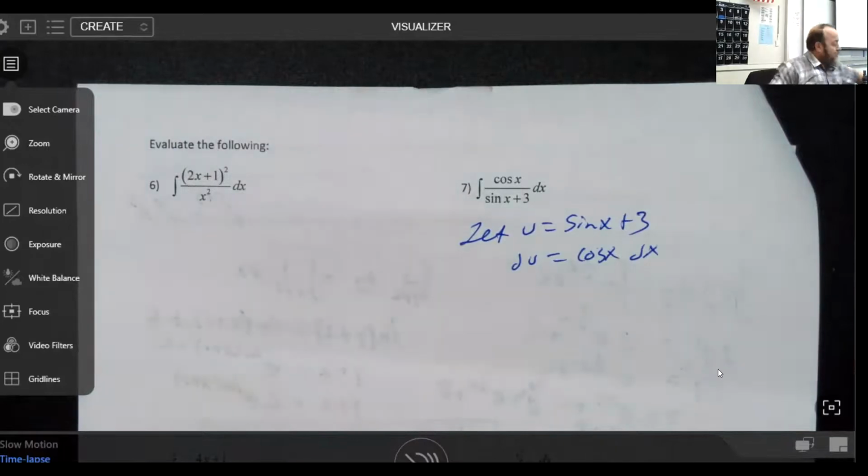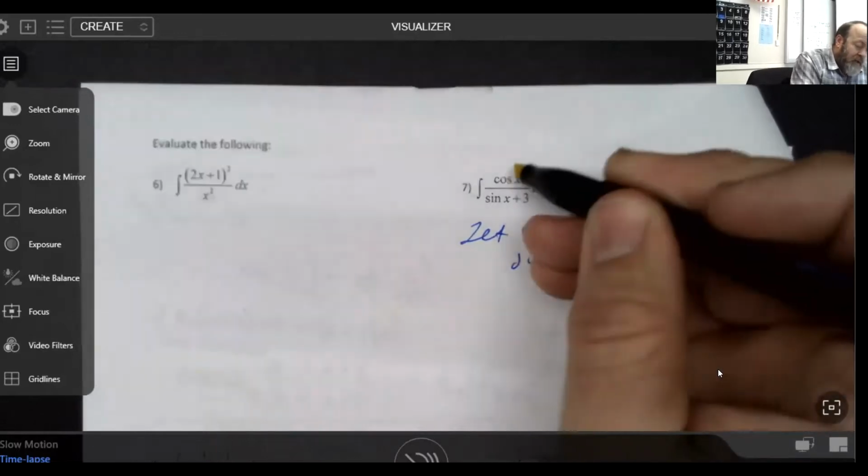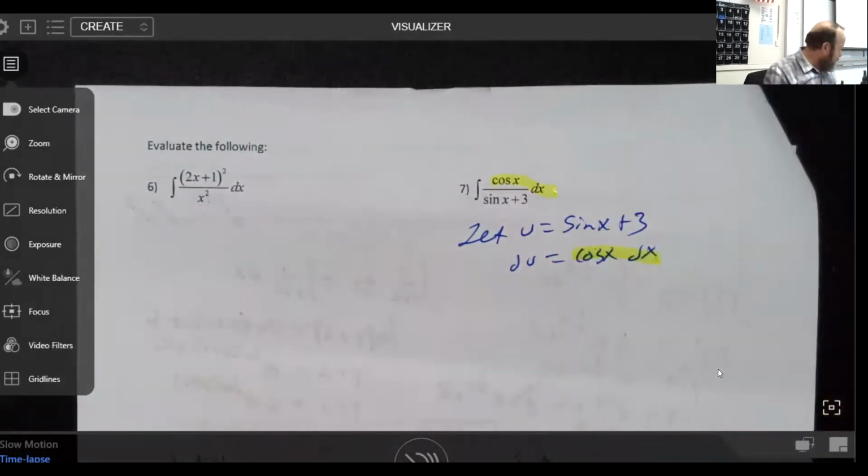For some reason, I've lost some of my highlighters, but one thing I want to notice is, see this cosine of x dx that is sitting right here? That is explicitly,